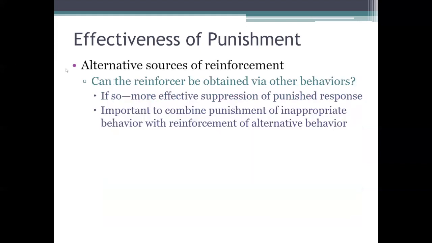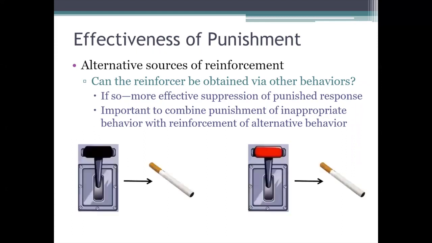So, guys, a related factor as far as the effectiveness of punishers goes has to do with whether the person or the animal has any sort of alternative response that they can perform to obtain the reinforcer that's been maintaining this behavior that you're trying to punish. So, for example, in one study on this, smokers were seated in front of two levers that would both occasionally produce cigarettes when they were pulled. Okay, so the cigarettes were the reinforcers in this experiment.